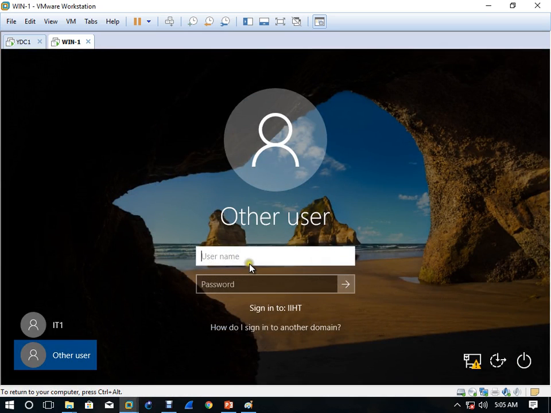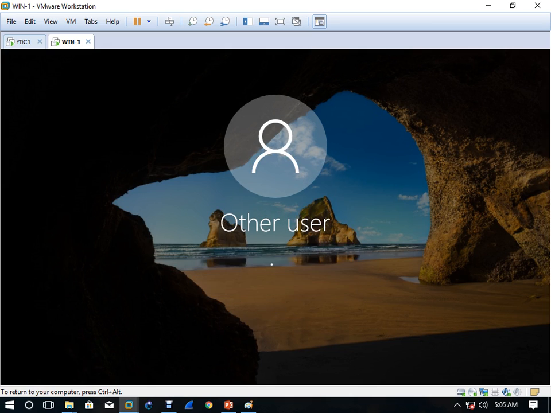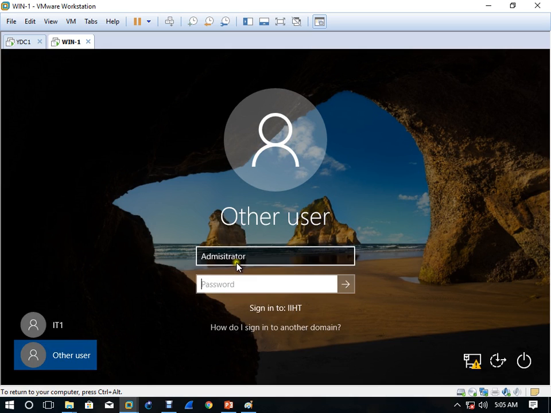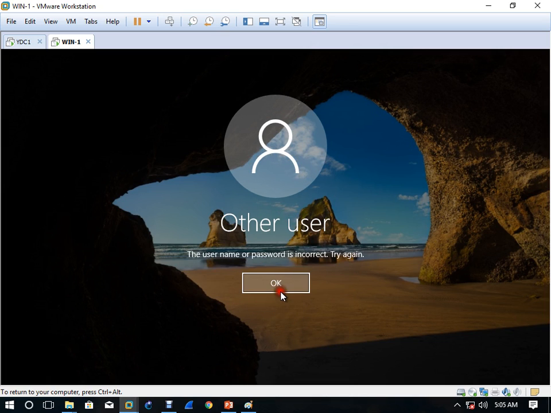Let me log in with administrator and install Chrome, because this Internet Explorer is not working. I don't know why. Right, now I forgot the password.